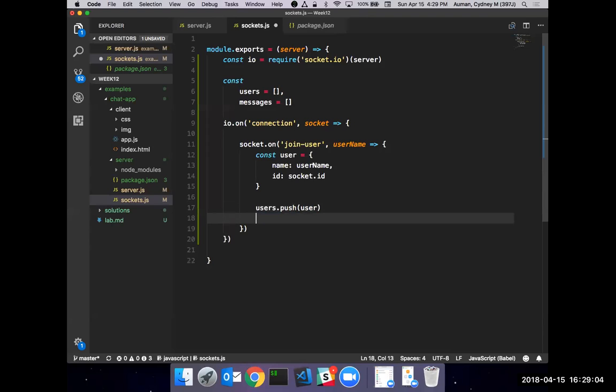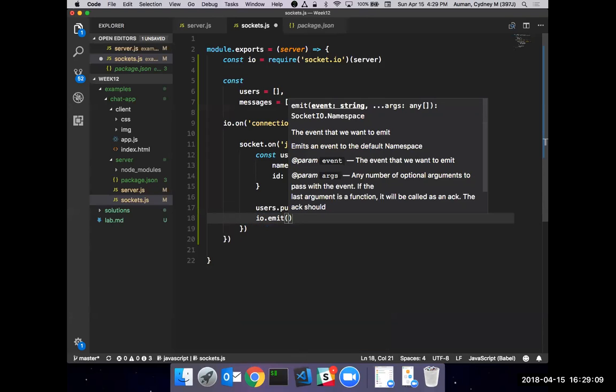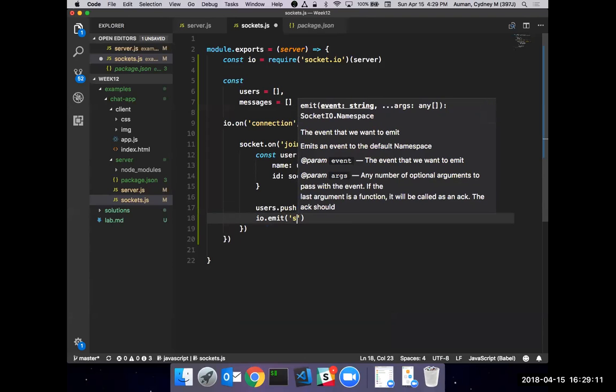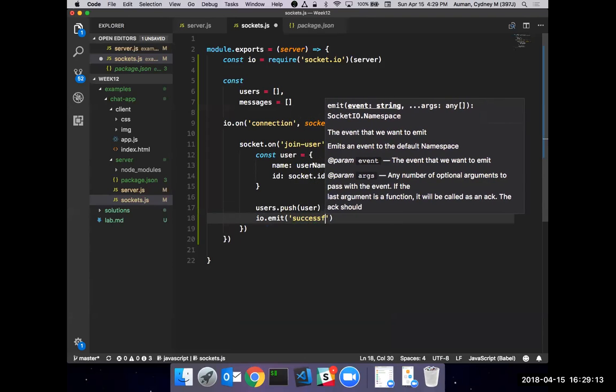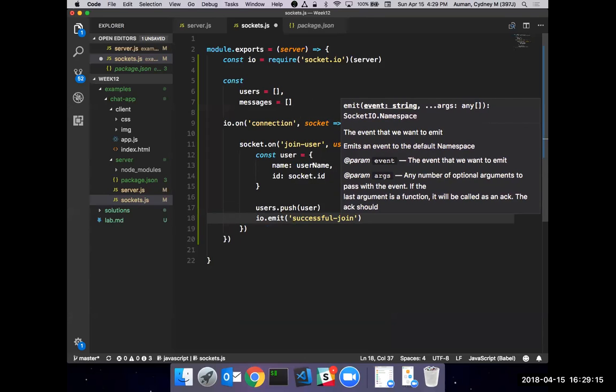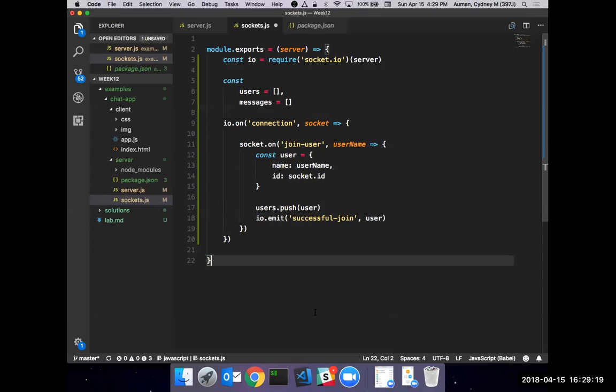So the server needs to go ahead and emit an event. It emits a new event, and it might just be like, hey, this is a successful join, and here's the information I'm going to give you about this successful join. All right. So this is the server side right now that we're doing for the joining.